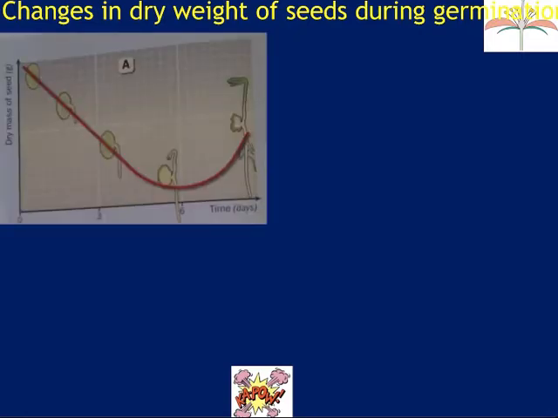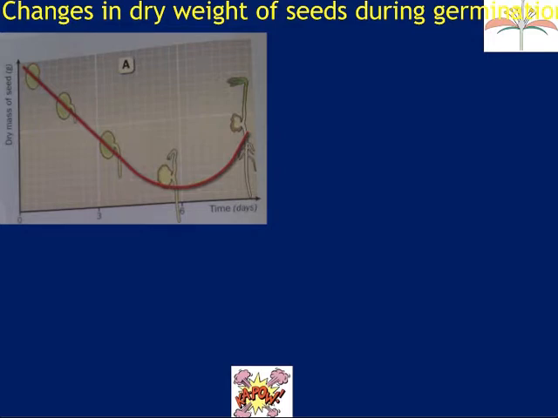Okay, so you have graphs, and what is it that this graph is telling you? What's happening to the dry weight of the seed as it germinates? What's happening to the line? What do we think? What's happening to the line on this graph over time? Any takers? Come on, I know it's Friday, but it's our last.